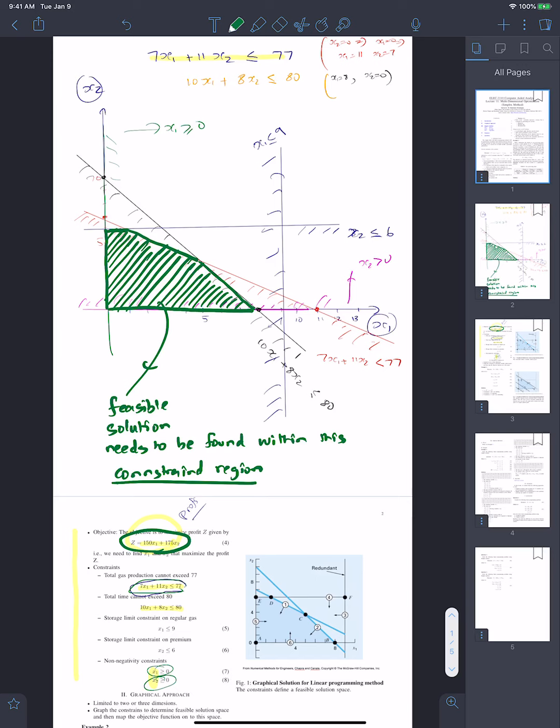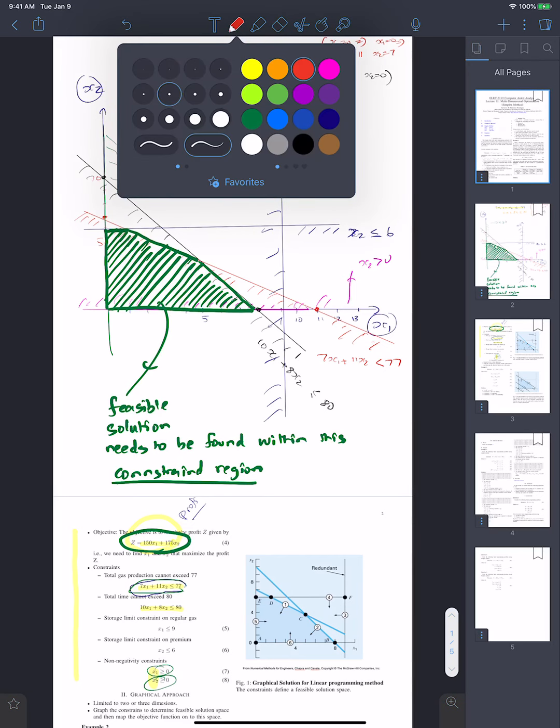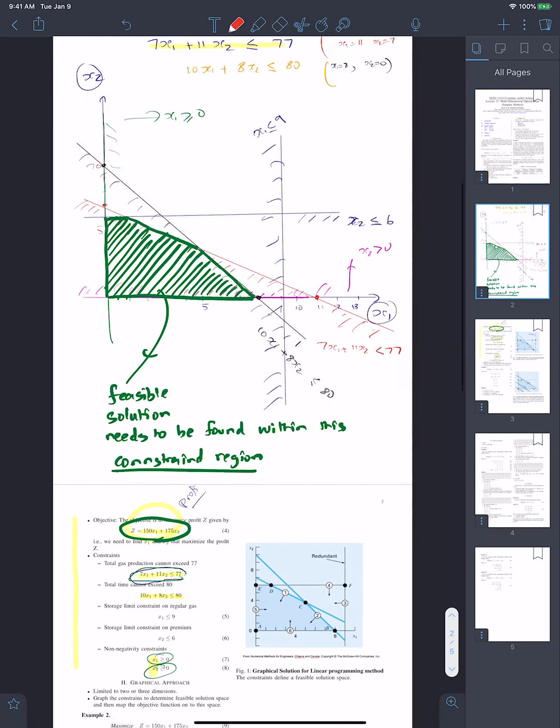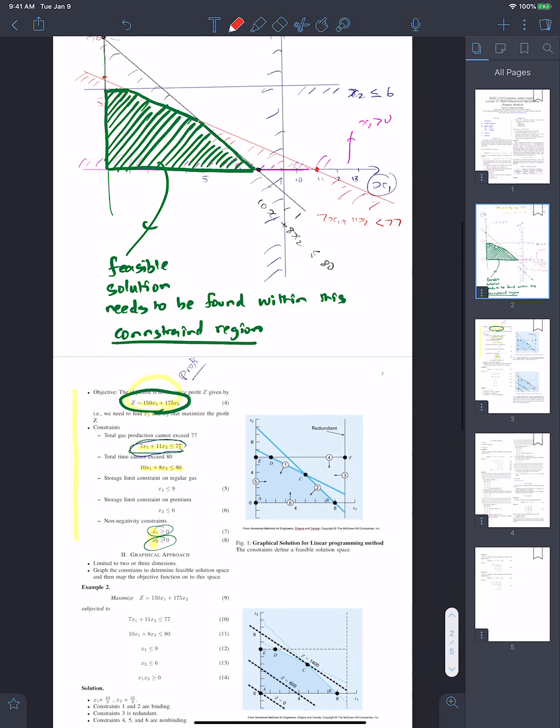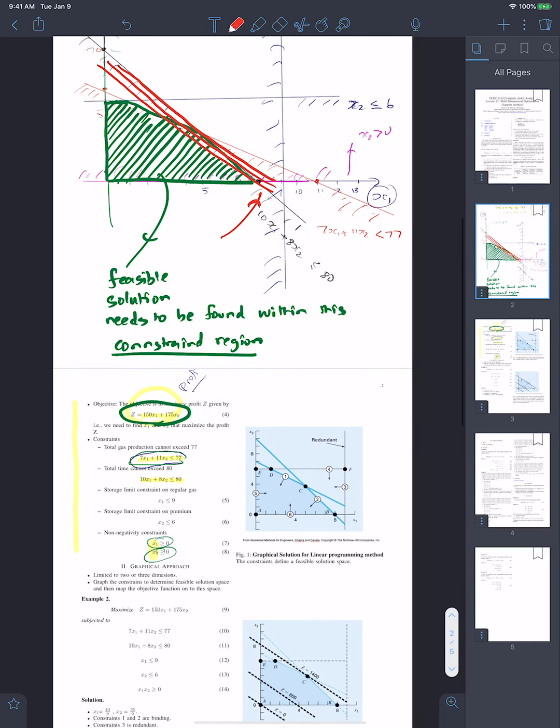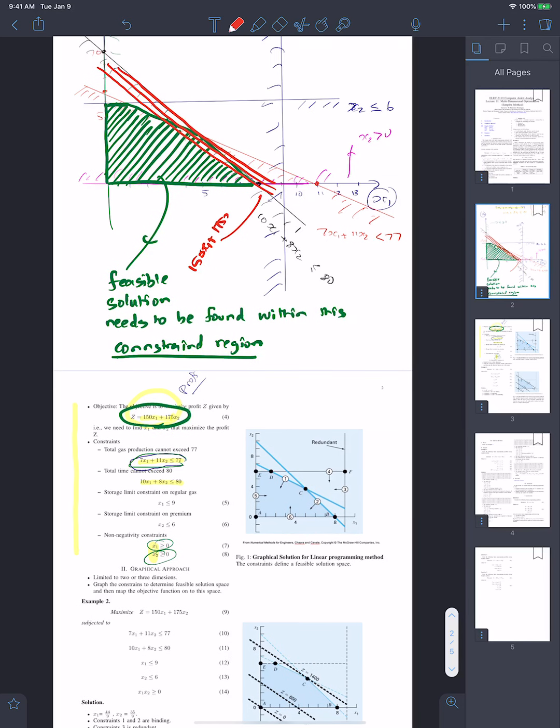I kind of did that, but roughly, if you just use a scaling paper, you will see how it is going to be. It will go to all these points, and the maximum point. So these are all different versions of 150 x1 plus 175 x2, and then the maximum will be,